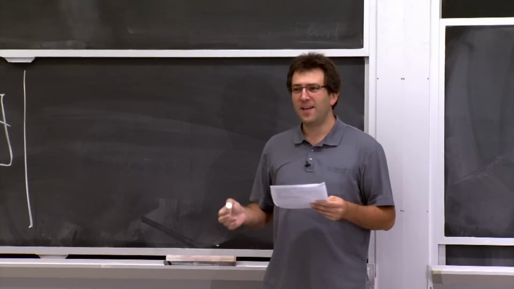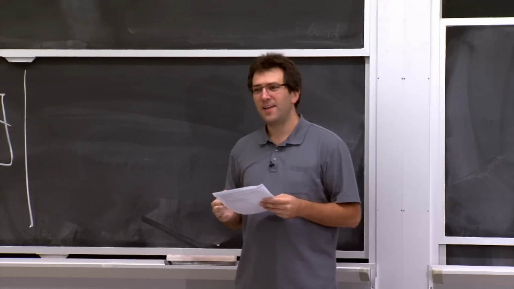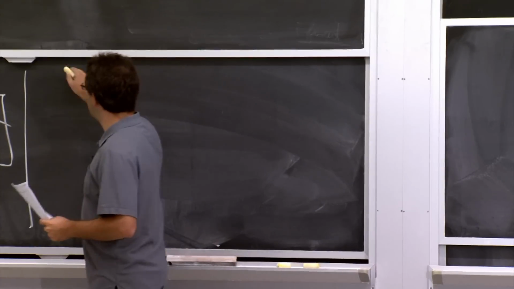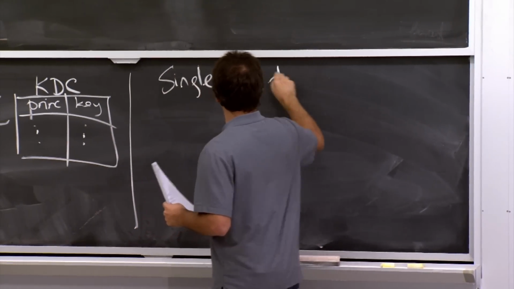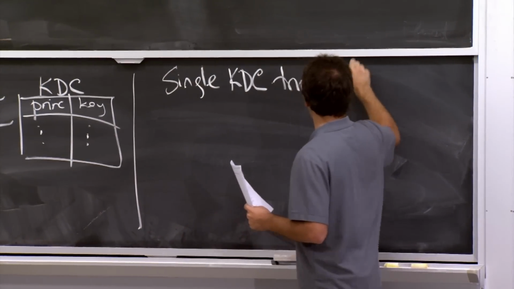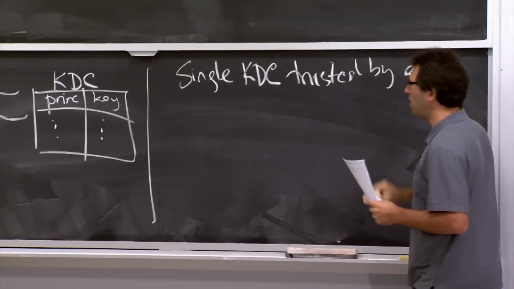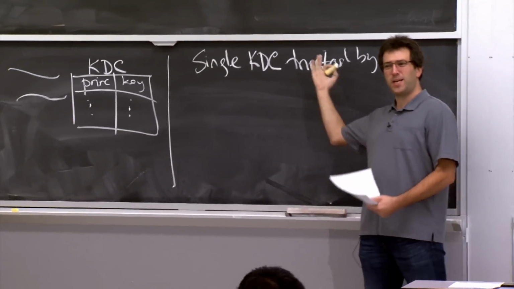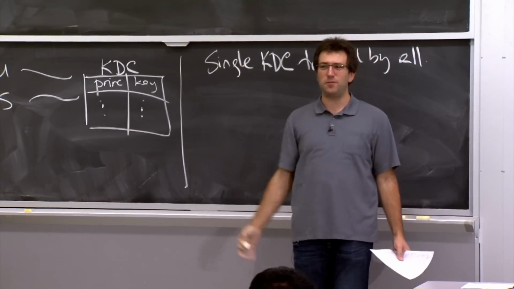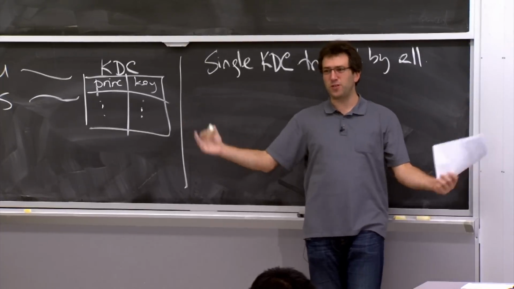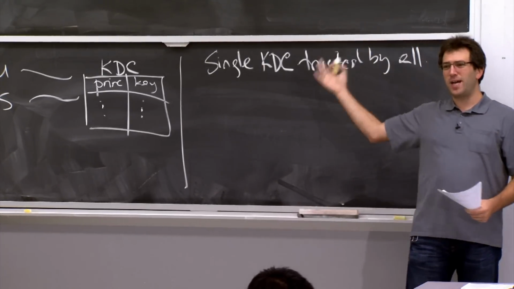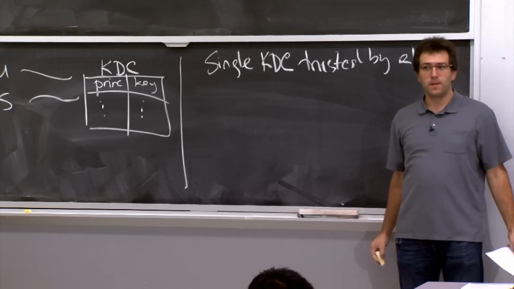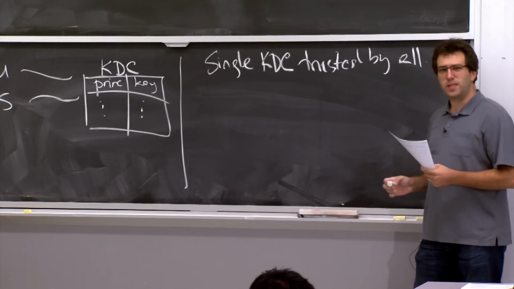Yeah? It's hard to trust some other guy's Kerberos server. So there's a single KDC that has to be trusted by all. So this is perhaps not great. You might have trouble really believing that some machine out there is secure for everyone in the world to use. Like, maybe people at MIT are willing to trust someone at IS&T to run the KDC there. All right, so that's plausible.